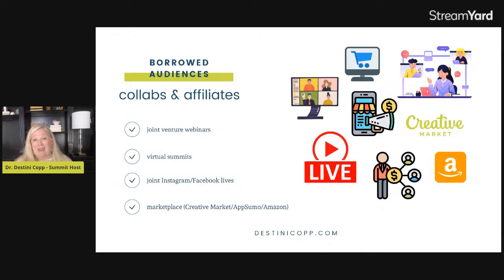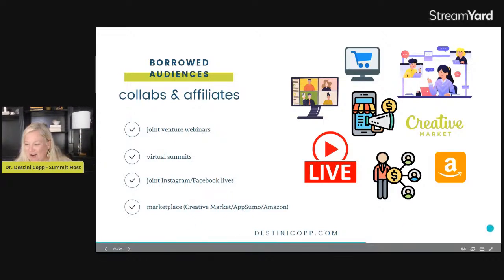Now, I've talked about a couple of these today that I've actually done in my business, with AppSumo and Amazon. In those cases, I am borrowing their audience. I also know a lot of people who sell digital products. I've never done this myself, but they use other platforms like Creative Market to sell their digital products. So I would brainstorm a little bit here to figure out ways that you can use other people's audiences, especially if you're just starting out. It is the best way to get your name out there. So build those relationships, and take time to build them, and that will help you in this regard.